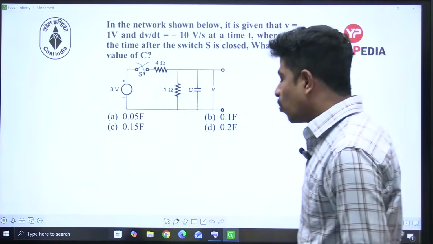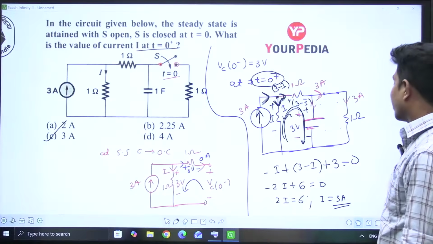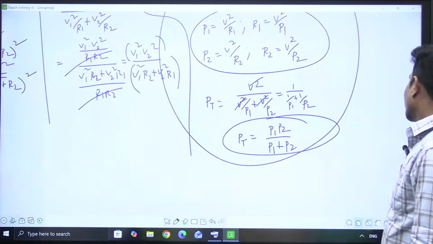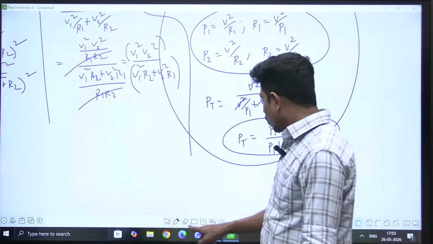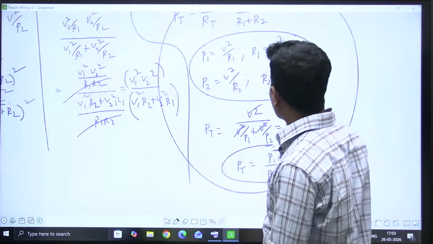Yeah, that's why, see, voltage will get divided in series. That's the reason why I also unnecessarily made it. So here, voltage got divided. Who told that voltage is not divided? But here, what we did,